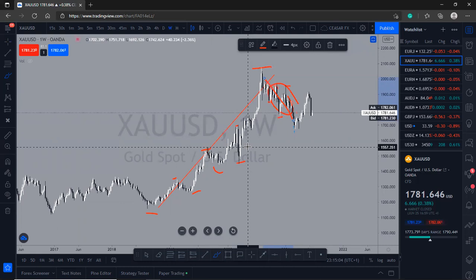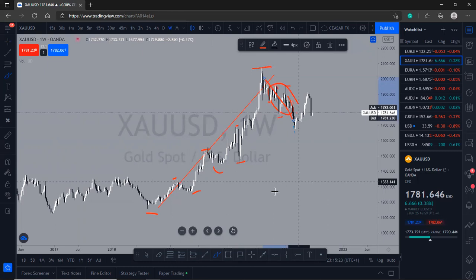I always start my analysis on the weekly time frame, then go down to daily, from daily to 4 hour, from 4 hour to 1 hour, from 1 hour to 15 minutes or 30 minutes, then from 15 minutes to 5 minutes. So I usually go to 5 minutes and 15 for my entries, and for reasonable stop losses. Okay, so now let's quickly